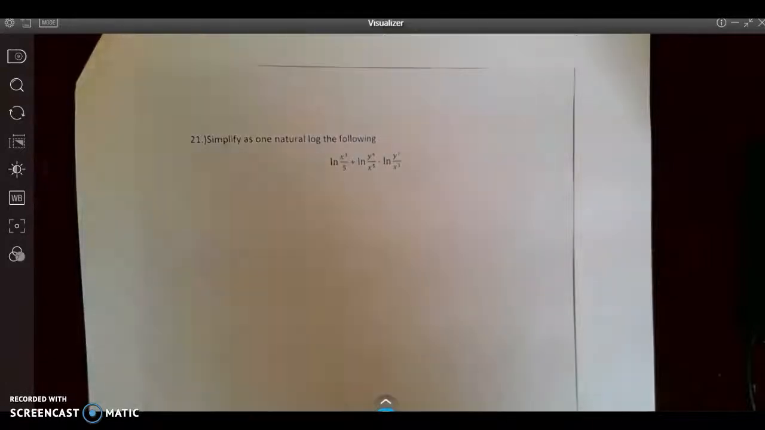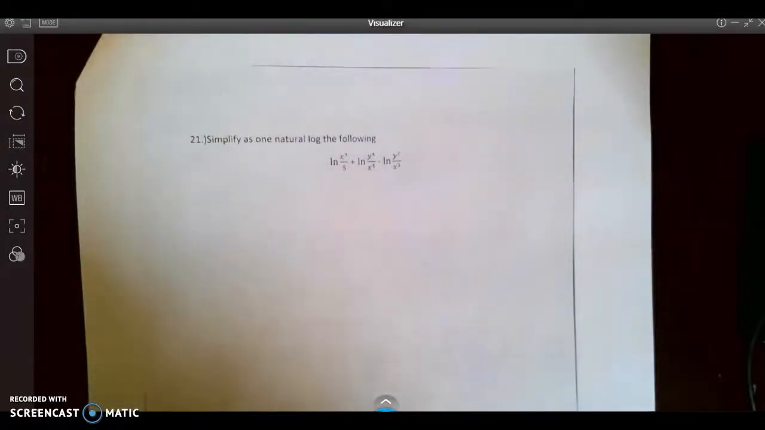Great. I think this is kind of exciting. This is page 5 of the very last practice test. The only other one we'll be getting ready for is the final. So